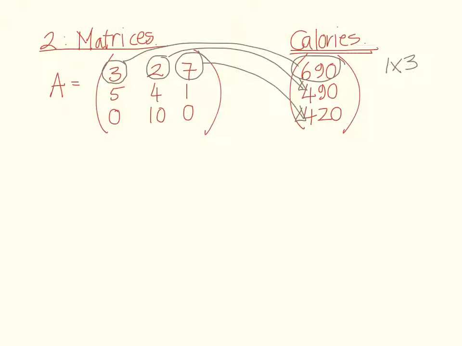Bad, Mrs. Thompson. Okay, it should have been written like this, which is a 3 by 1 matrix. So if we look over what we've got there,